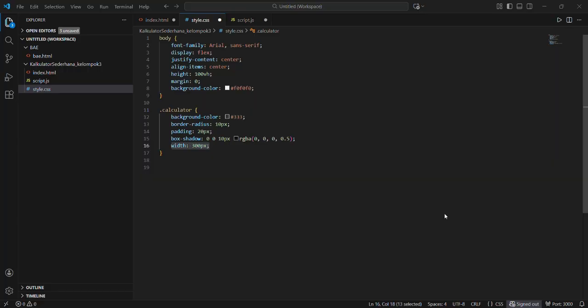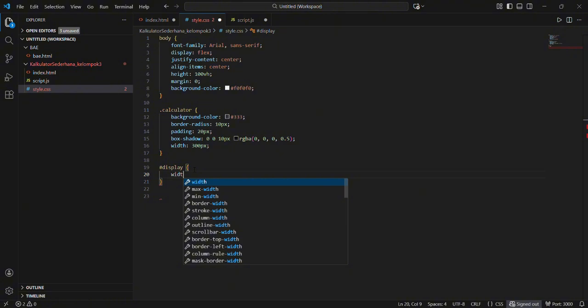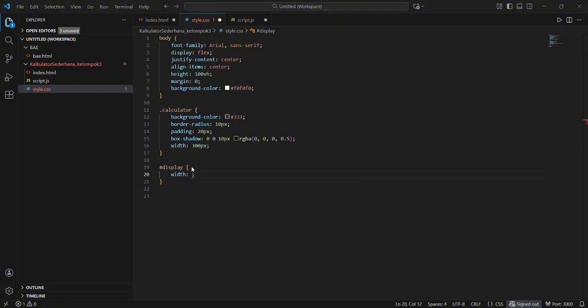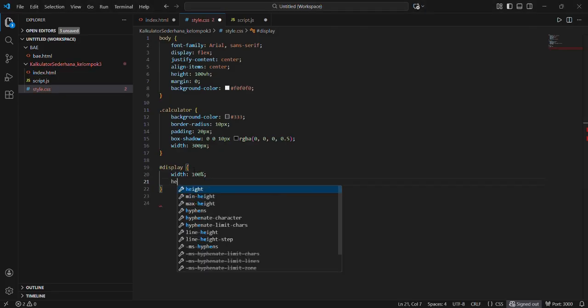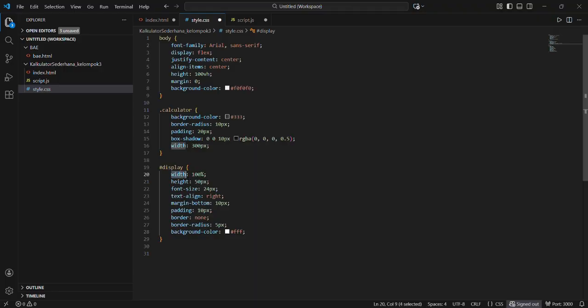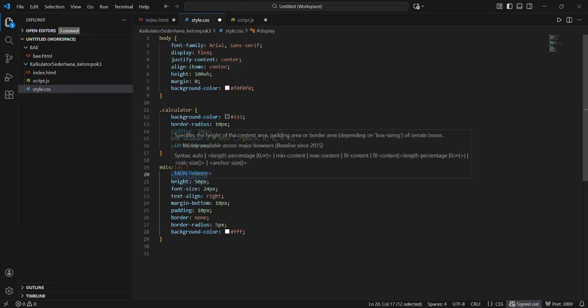Step 3. Styling the display screen. Make the display screen span the entire width of the calculator.